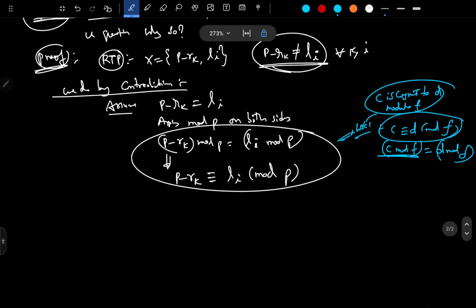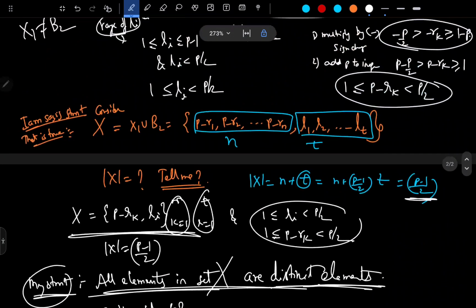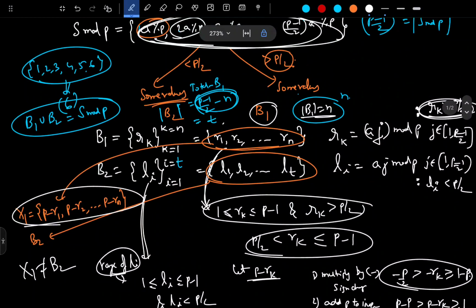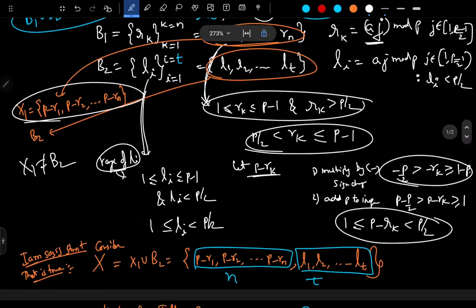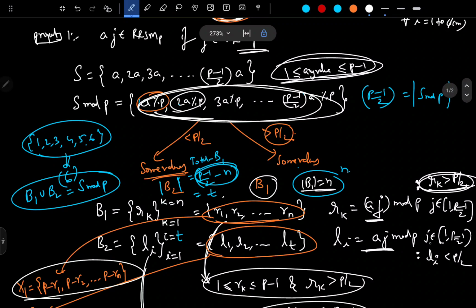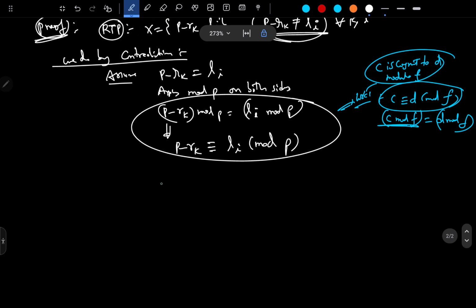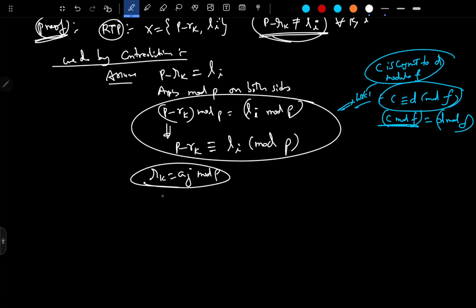That's how I have written this step. Now I am using this step. Rk is nothing but Aj, and Li is also Aj, where j belongs to some set. So I can use this fact now. Rk is nothing but Aj mod P. So from this I can write that P minus Rk is equal to